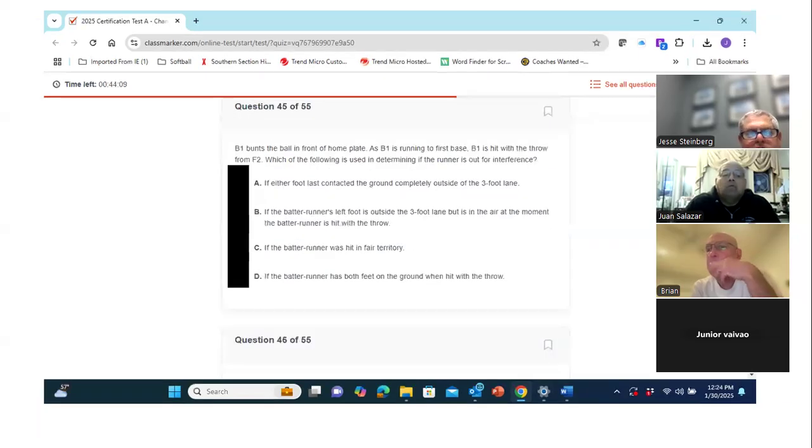Okay, we're down to the last 11. B1 bunts the ball in front of home plate. As B1 is running to first base, B1 is hit with the throw from F2. Which of the following is used to determine if the runner is out for interference? A. Okay, we have an A. Anyone else have a thought?